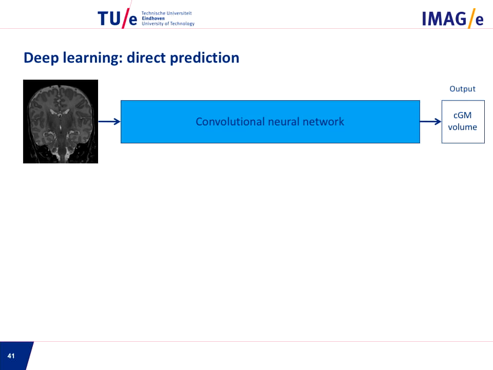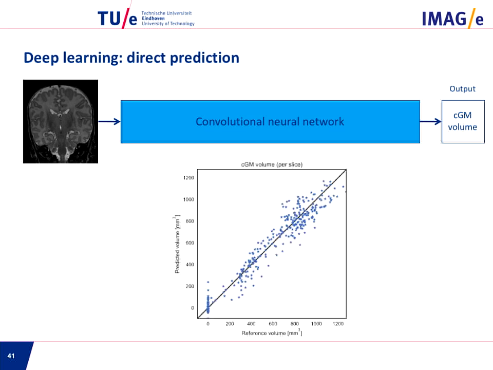So without doing any segmentation, we can say, hey, this patient has this amount of gray matter volume. And then this shows, you can see on the x-axis the reference volumes, and on the y-axis the predicted volumes. You can see that they